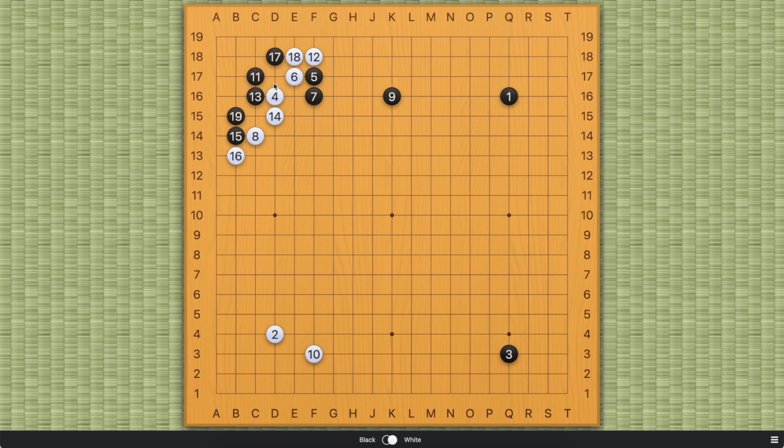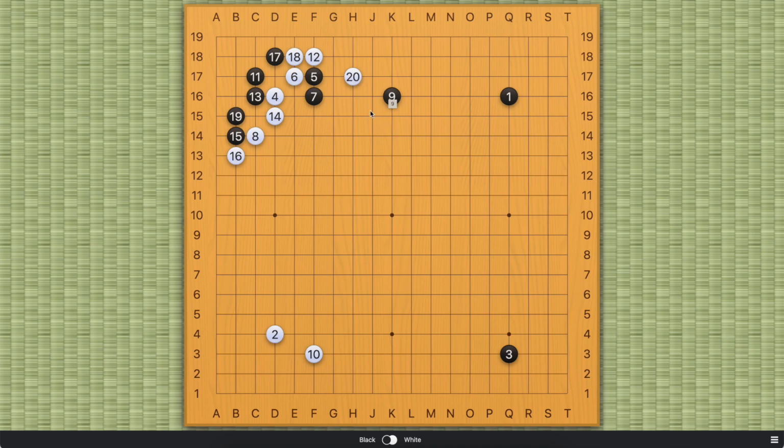So black can live this way, no problem, but white can come in to this shape, right? So black's weaknesses are completely exposed here, and black's corner is not that big, and white is very solid on the outside. So this is considered good for white, but as some of you commented on some of these other Joseki videos,